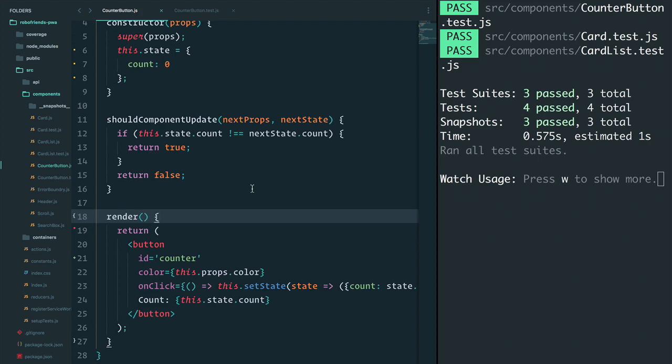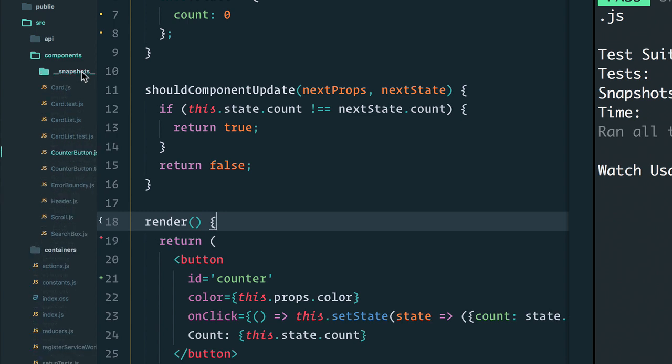I hope that you got a general idea of how to test components. And by the way, this snapshot folder, you're going to actually include that in your GitHub or whatever source control you have. You're going to push that and commit it to your project, because any new developer that comes onto the project is going to download the latest master. And you also want to make sure that they have these snapshots, so when they run the tests and they modify a component, these snapshots are going to check against the old version and make sure that this new developer doesn't change anything. So again, these things are also going to go into your source control